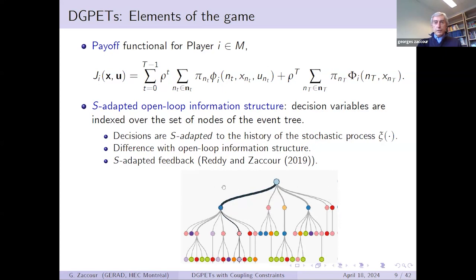This was done with Vishwa Reddy in a paper in Automatica in 2019. So here what you need to do is, of course, to proceed backward and for each sample, for each path, to solve the problem adopting the formalism of dynamic programming. However, here there is one subtle thing that you need to take into account, that, for instance, the state at this particular node is common to all nodes that are coming later. So when you are solving along this path or solving along this path, you have to account for this particular feature.